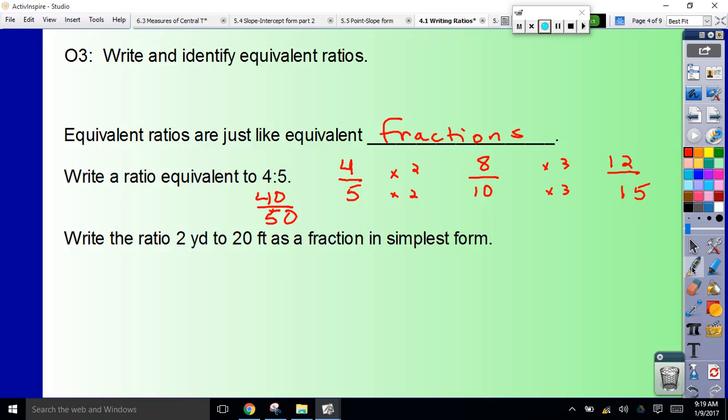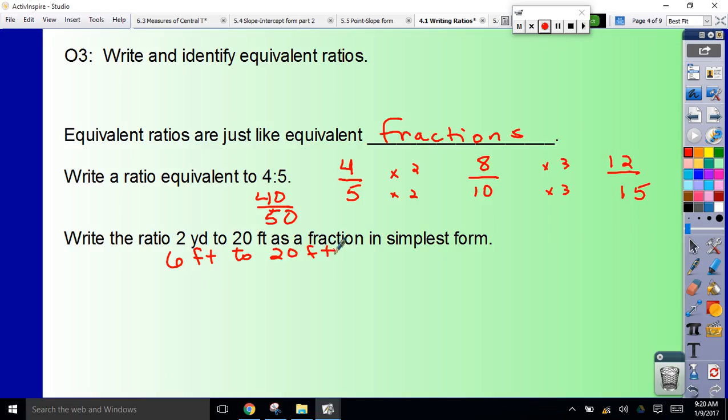Who can tell me how many feet are in a yard? Caleb? 3. Not 6. Johnny? 3. There's 3 feet in a yard. You know what you were telling me, Caleb? You were telling me how many were in 2 yards, weren't you? So there's 3 in 1 yard. 3 times 2 is 6. So there are 6 feet